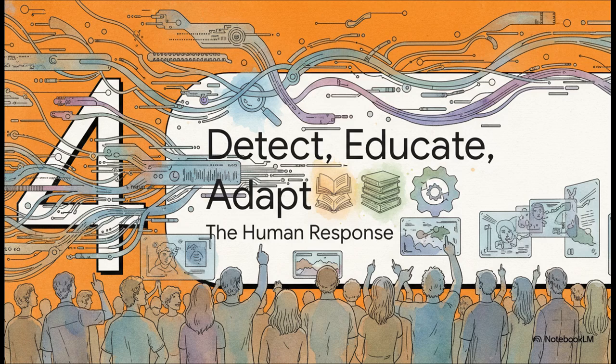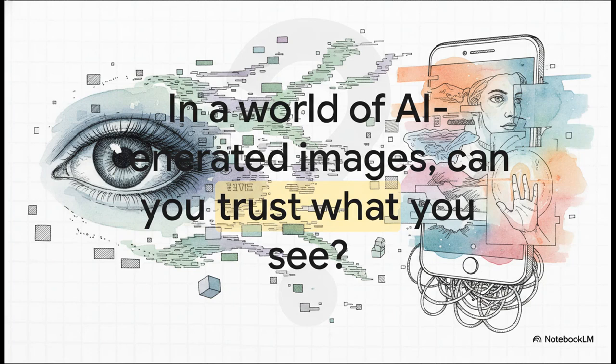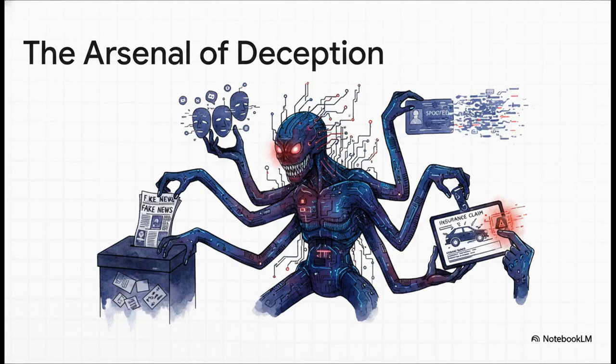This incredible new power, of course, demands an equally powerful human response. So how is society starting to grapple with this brand new reality, where suddenly anyone can generate anything? And that brings us to the central question we all have to face now. When a totally realistic image can be created in seconds, how do you know what's real? Can you really, truly trust what you see online anymore? The risks are very, very real, and they're already here.